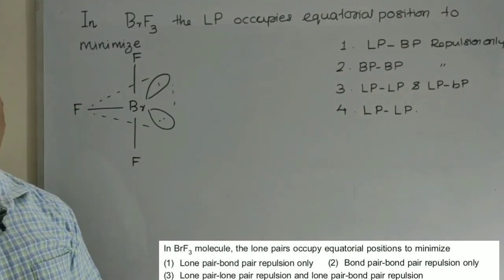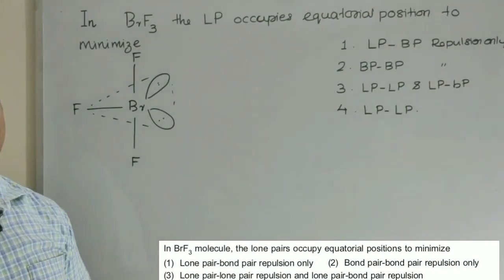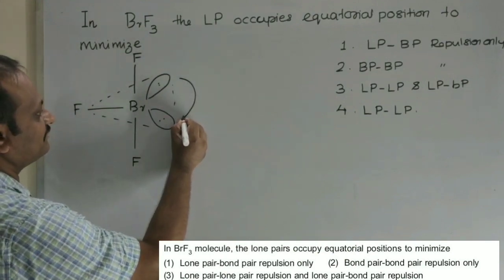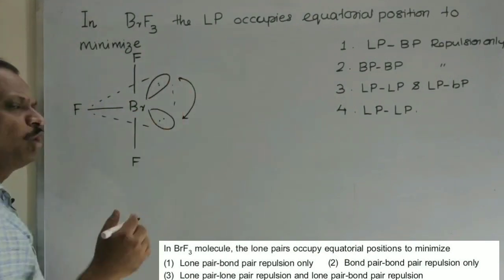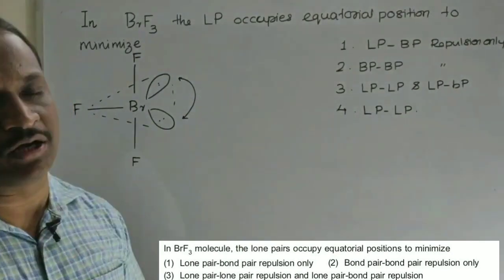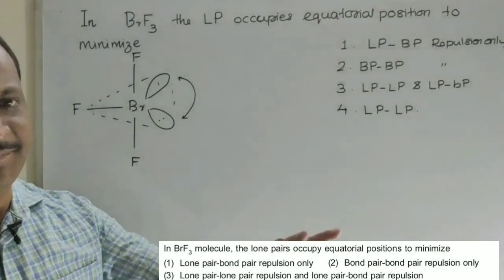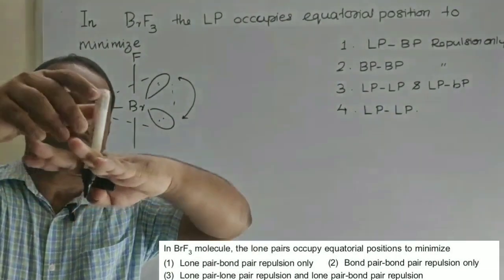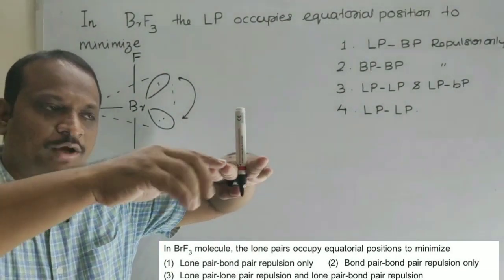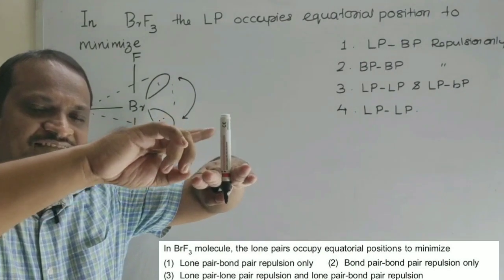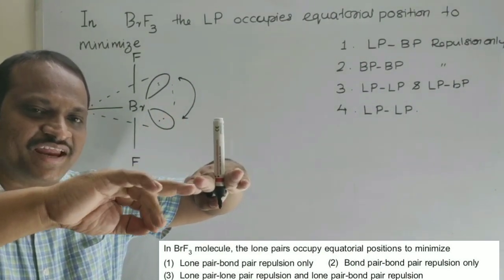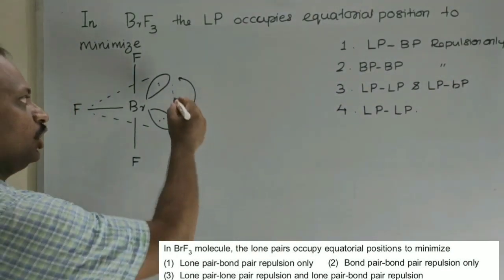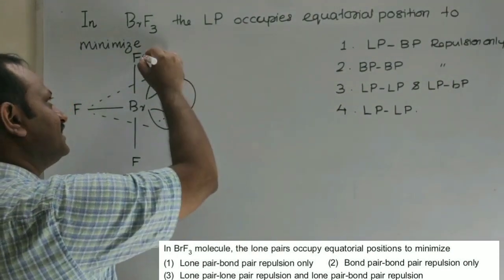See here what type of repulsion is there. You know, there is a repulsion between these two lone pairs. What do you call that? Lone pair repulsion. At the same time, see, here we have equatorial and this is what we have axial. So equatorial axial bond angle is 90. So what repulsion is again there? Lone pair bond pair repulsion. So we have a lone pair repulsion is there.